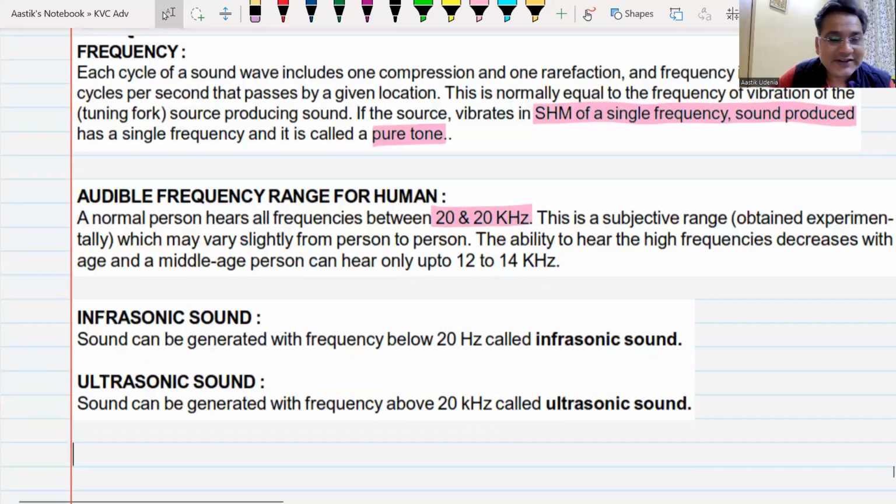Below 20 hertz is known as infrasonic. Sonic is what we hear. Don't write this down, just mark it as an important point. Ultrasonic, ultrasound you might have heard, is above 20 kilohertz. Even that we can't hear. So that is what it is all about. Everyone is understanding this, yes or no?